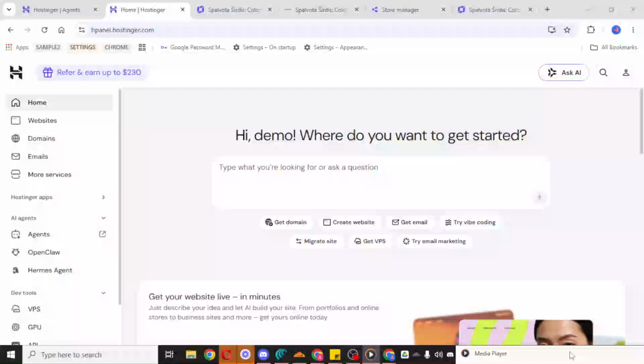In today's video, I'm going to teach you how to log out of a device in Hostinger. If you need to safely sign out of your Hostinger account, this process is very quick and simple. Logging out is especially useful if you're using a shared computer, a public device, or if you just want to make sure your account stays secure after you're done working.